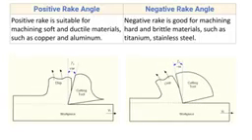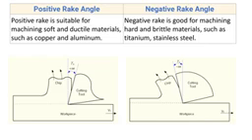Now the negative rake angle. Negative rake is good for machining hard and brittle materials such as titanium and stainless steel. As I have already discussed, there is a large amount of material at the tool tip compared to positive rake angle, so we can use this cutting tool for cutting hard and brittle material, because cutting hard and brittle material requires more forces and we cannot use more forces with positive rake angle, whereas we can use more forces with negative rake angle. So negative rake angle is good for machining hard and brittle materials such as